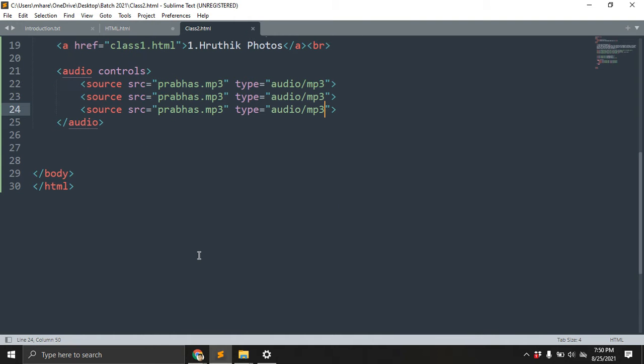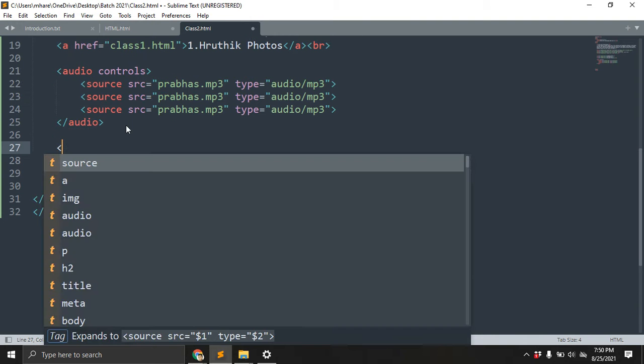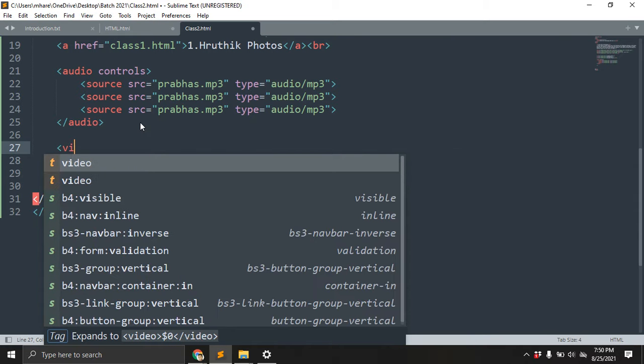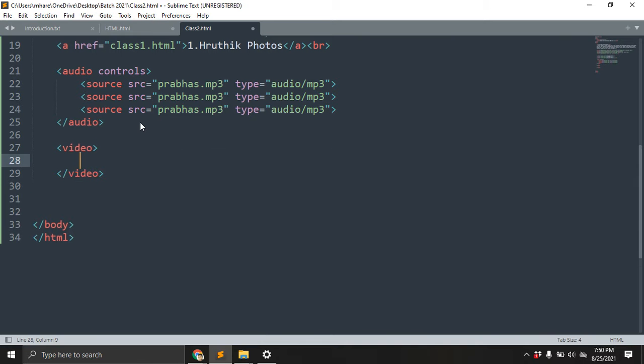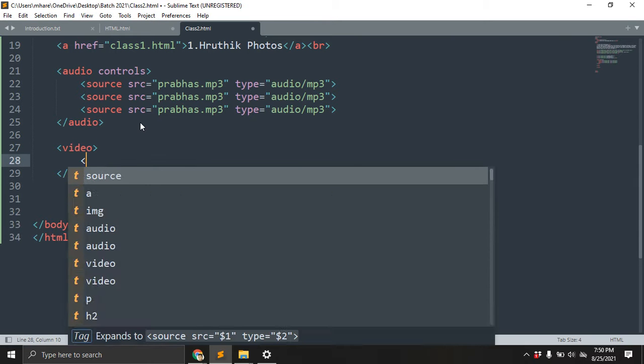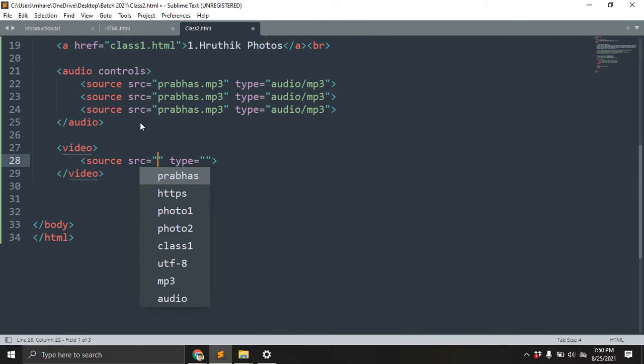After that, next will be the video tab. Let's see how we can do the video. The video tag should be the same here. Here also the same, here is src, the source. I'm giving the video name, like here also Prabhas.